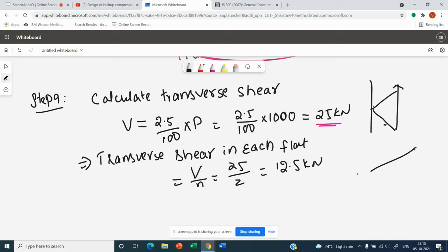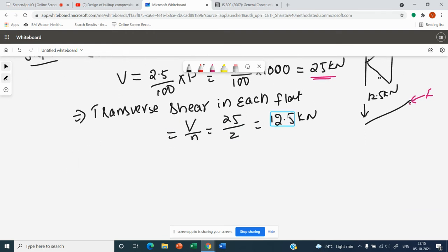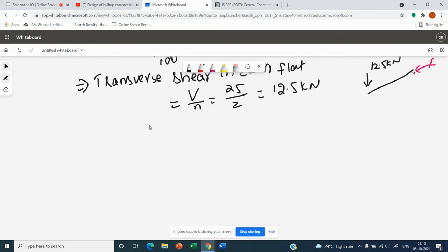So if I take this one, then transverse shear coming is 12.5 in each. Then from this, I have to find out the force in this. Okay. So in the same step, we have to find out the compressive force. You see the notation how I have done. So compressive force in the same